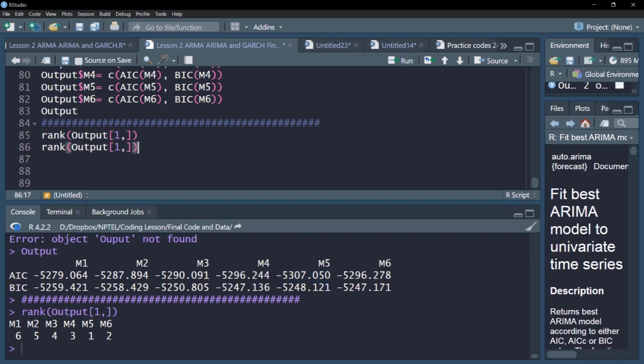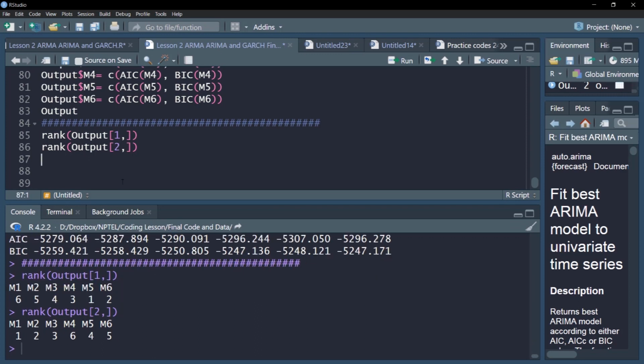And this is the most complex of all. It contains 5 AR and MA terms. And if I run the same for BIC, it gives the rank 1 to M1. So that is interesting. On BIC we are getting the first rank with M1, which is the simplest model, while AIC is giving the highest rank to M5. Now, this may be due to the fact that BIC penalizes addition of variables more heavily. The key difference between AIC and BIC in their formula is that BIC penalizes the addition of new variables more heavily unless they contribute very significantly to information.